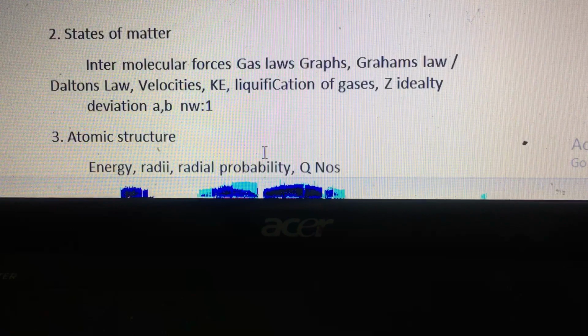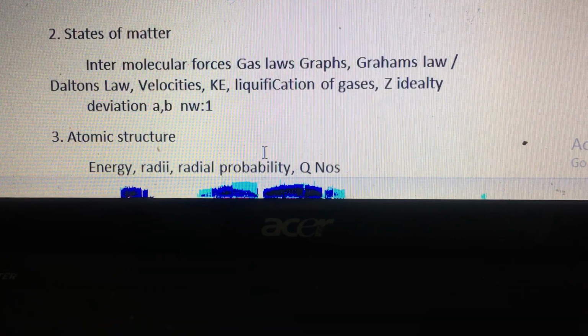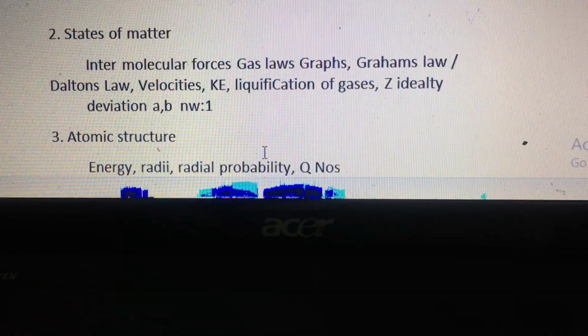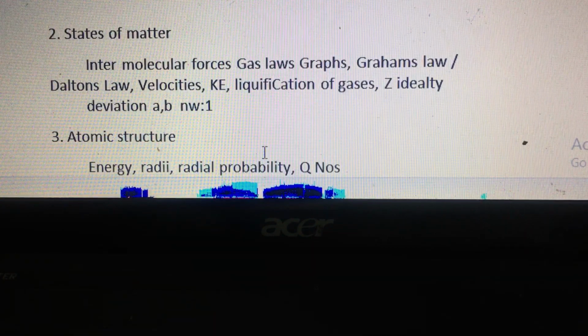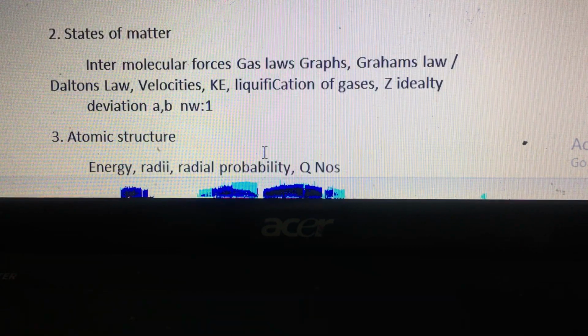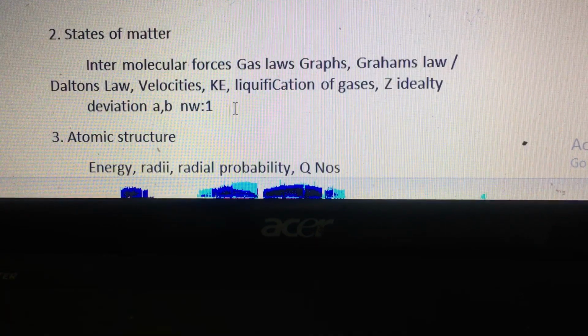States of matter: you should study a little bit about intermolecular forces that operate between different molecules in solid, liquid, and gas, gas laws and the related graphs, Graham's law, and Dalton's law especially. RMS, average and most probable velocities and related concepts, kinetic energy, liquefaction of gases, compressibility factor, reasons for deviation from ideality in the case of real gases, van der Waals constants a and b. If you have a fair idea of all these and are able to solve simple numerical problems, you